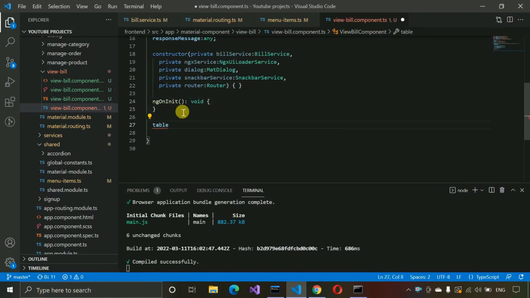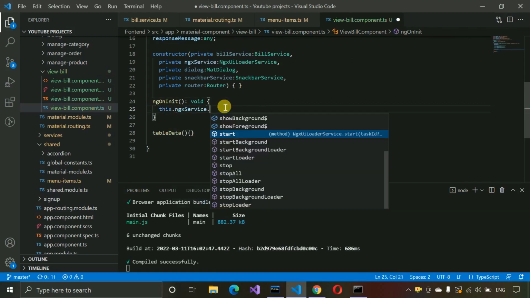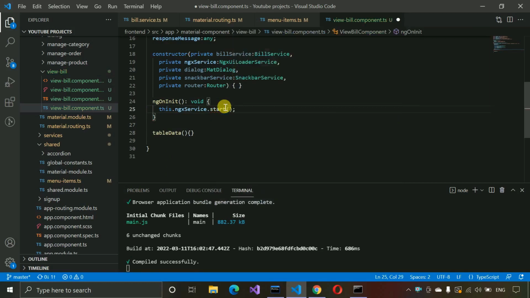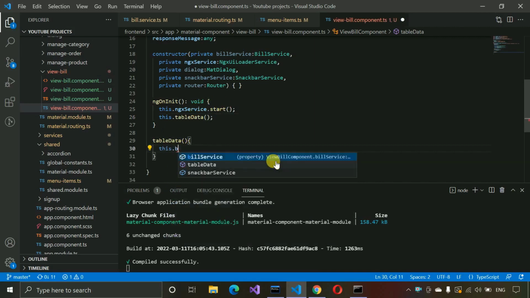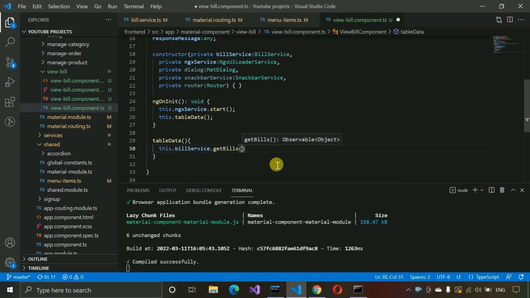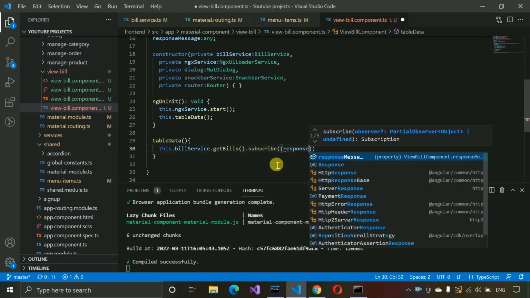So table data, and this method we are going to call in the ngOnInit, and we will start the first loader, make it visible, and then we are going to call that table data method. And in the table data method we need to call the bill service, and from that we are going to get the bills method. So this.billService.getBills, this one we need to call, and here .subscribe, and after that response any if we get,